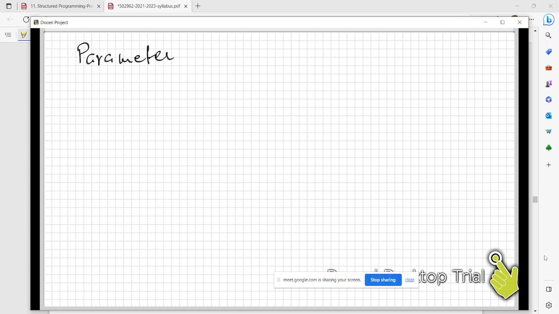So in the parameter, the second is that we pass the values either by value or by reference. So there are two methods through which we can pass the values,